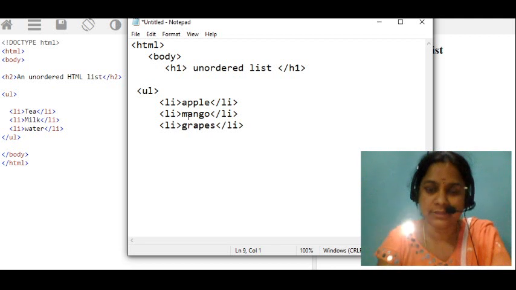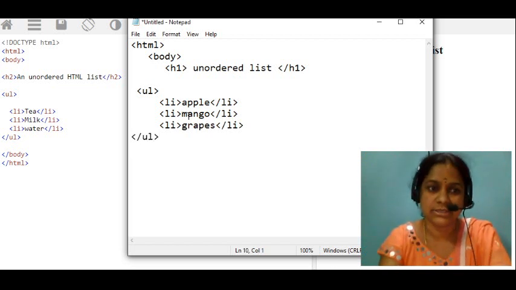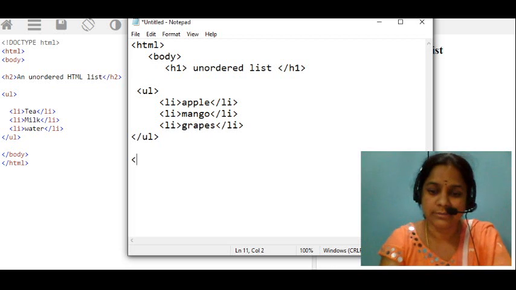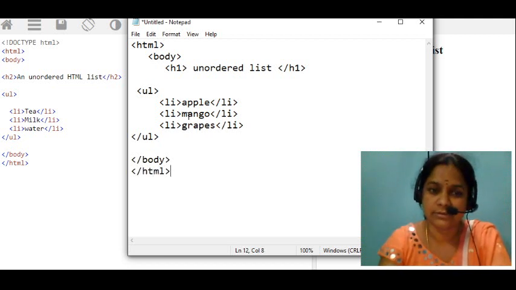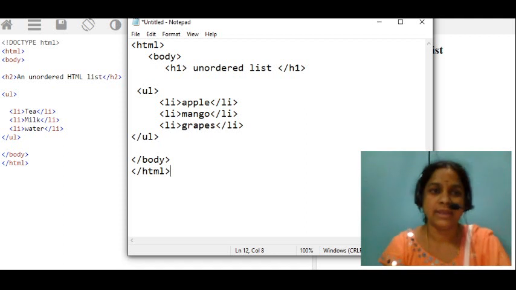Then next I am closing the unordered list. Then I am closing the body. Then I am closing slash html. Okay, then I am saving this part.